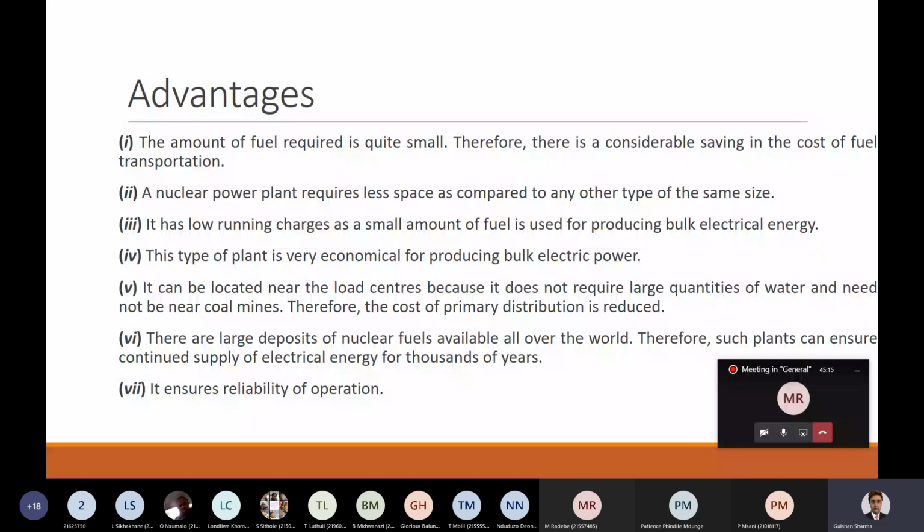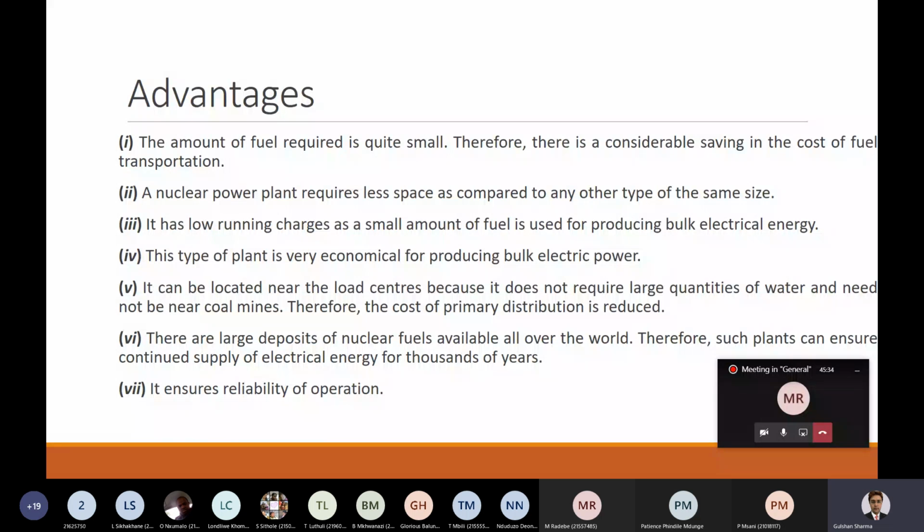But the same can be done by using, in more technical language, uranium 235 to produce the high temperature steam in the nuclear power plant. And that is why there is a considerable saving in the cost of fuel transportation also,